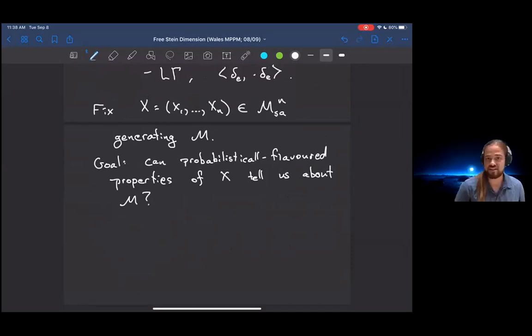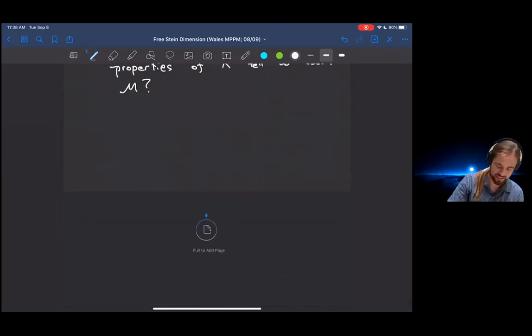Okay, and this is an enterprise that has been in development and under study since the 90s, when Dan Voiculescu introduced a series of papers about the analogs of entropy and Fisher's information measure in free probability. And it turns out that there is quite a lot that can be said. And let me just highlight two example results, which broadly speaking follow the same philosophy, which is that if you have something nice about the generators X, you should learn something nice about the von Neumann algebra they generate.